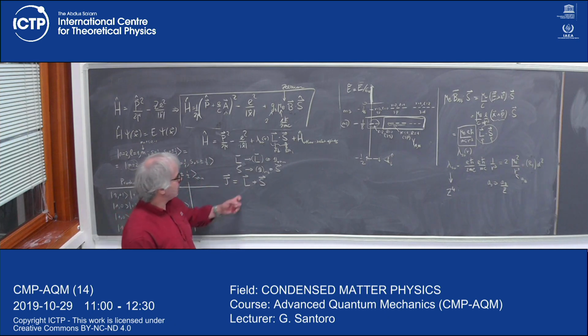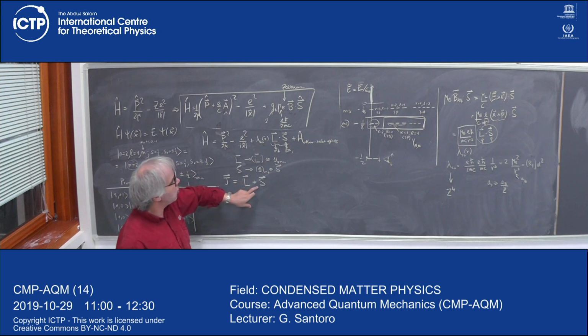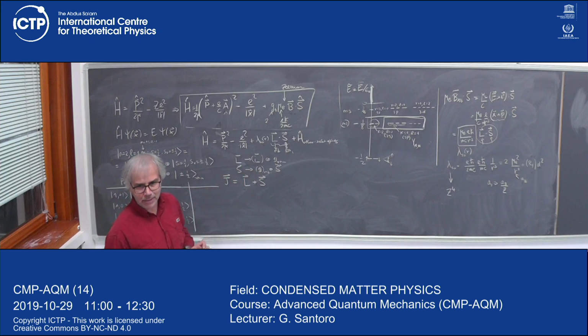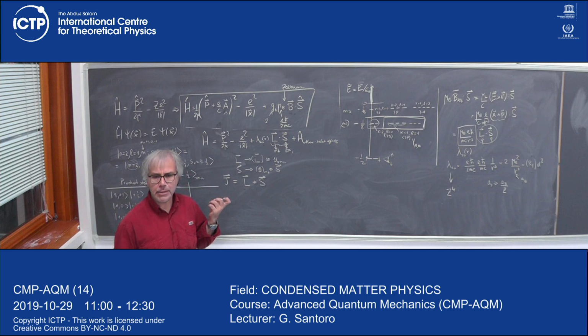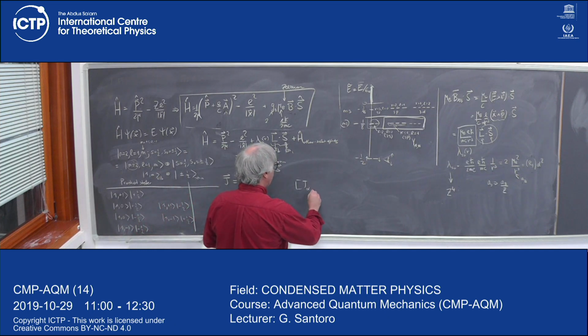Okay? Now you might say, look, L acts on the orbit, S acts on the spin. How do you sum apples and pears? No. I mean, you can always think of them as in this extended tensor product. So this is L times 1 in the spin, and this is 1 in the orbit times S. Okay? So this is a reasonable operator, although I don't want to make the notation too heavy. Is it clear? Okay. Now, is this an angular momentum? Yes. It is an angular momentum because all you have to verify is that J alpha, J beta is equal